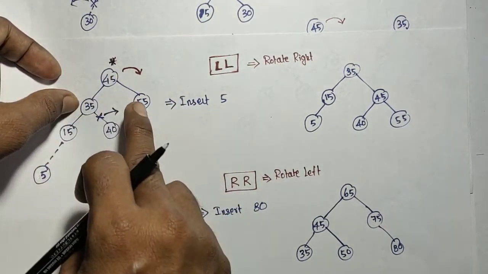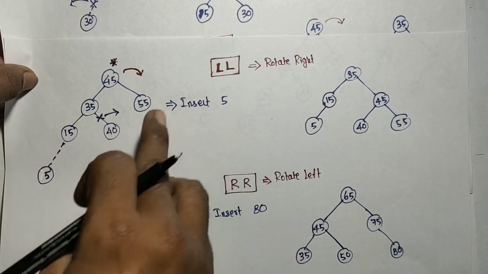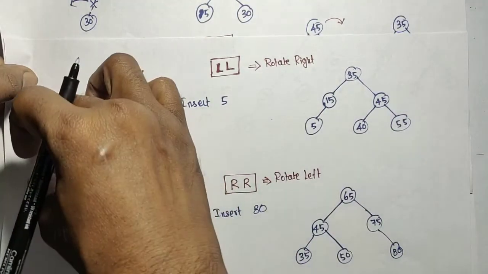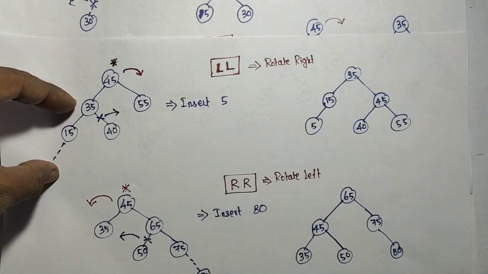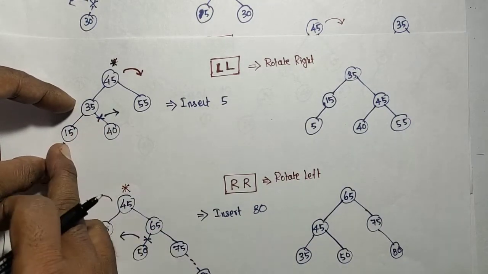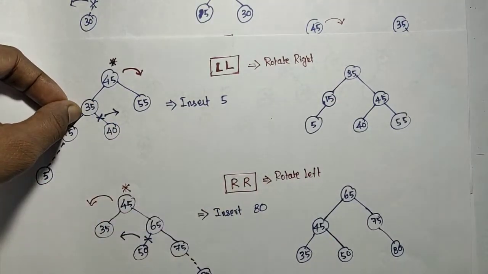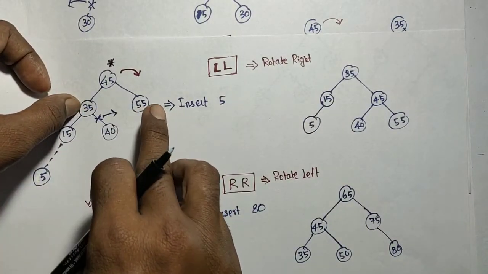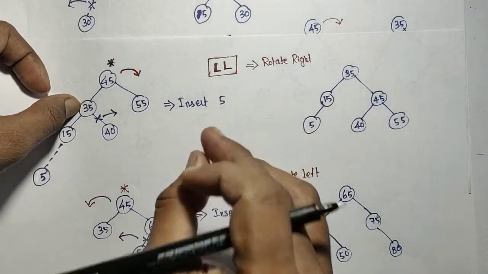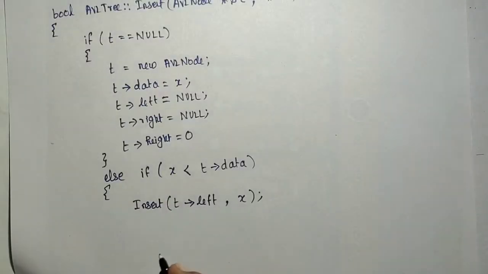How can we check that unbalanced? So 5 is inserted on the left side, now I need to find the height of the left and then the height of the right. So this height and this height, the difference is greater than 1, sorry. If the difference may be equal to 1. So left subtree height minus the right subtree height should be less than or equal to 1, which is equal to 2 means this goes unbalanced. So that only we have to check here.